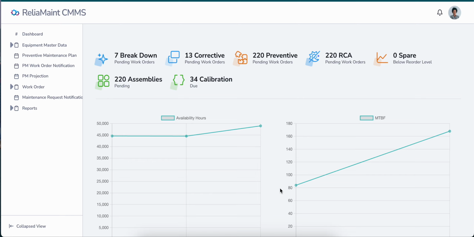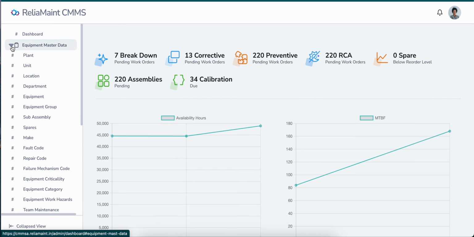Now we will see what we meant by master data. So basically, what does master data contain? Master data contains all the relevant information about your equipment, maintenance processes, preventive maintenance, work order maintenance, spare parts, vendor partners, and related things.